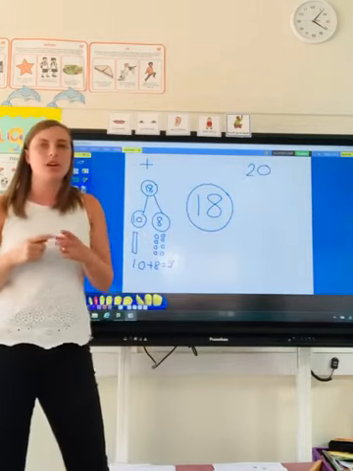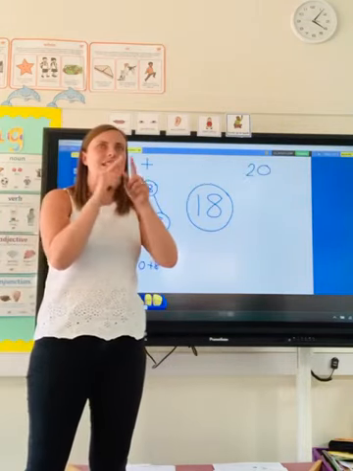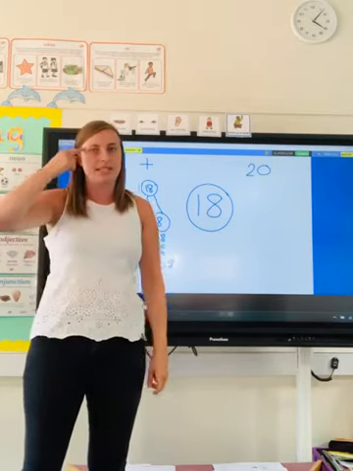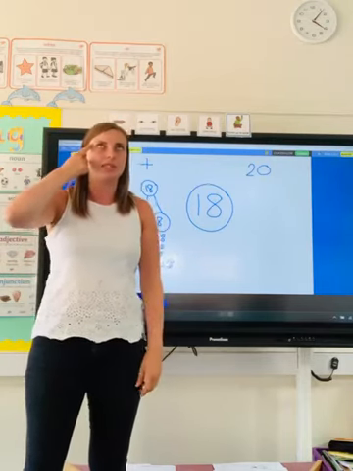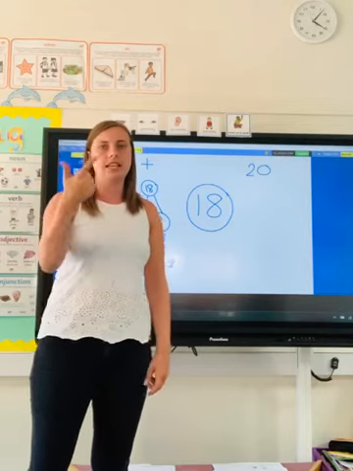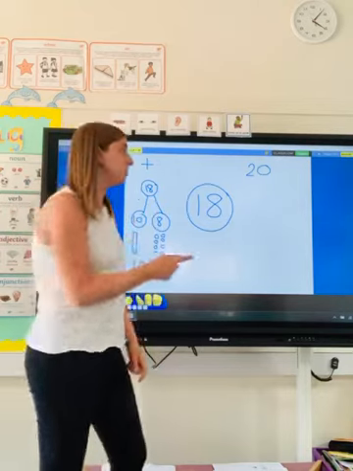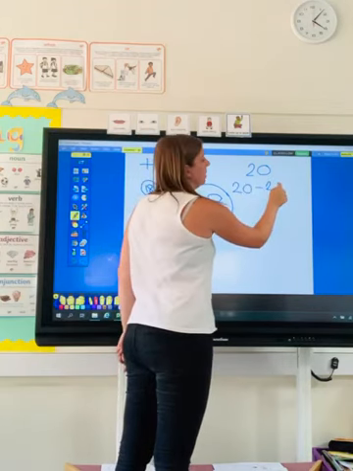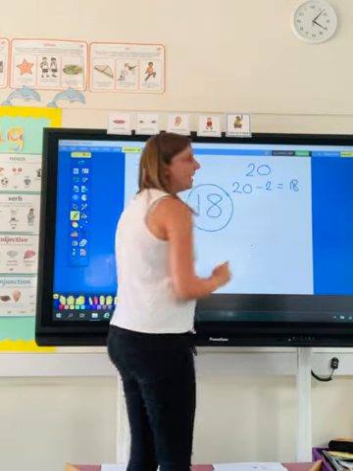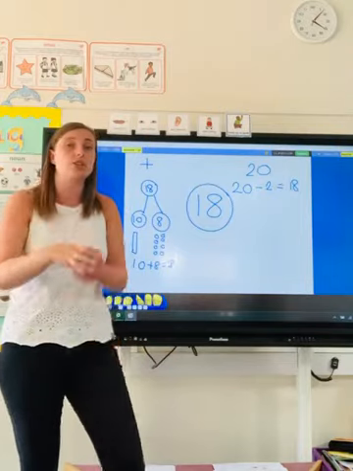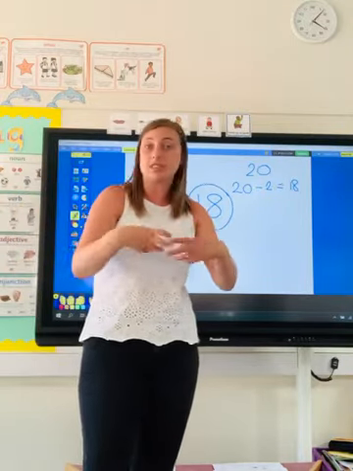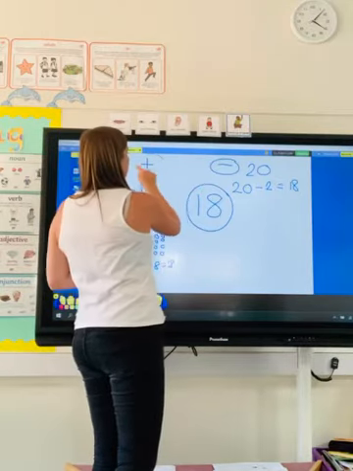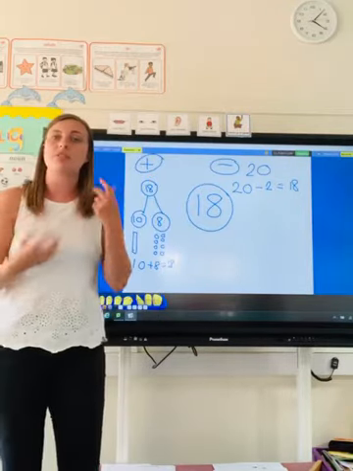And then we had to work out what we have to take away from the number 20 to make the number 18. So we had 20 in our heads and we counted back. So we said 20, 19, 18. So we took away 2. So we did 20, take away 2 equals 18. So you can count it on in your head. You could use some objects to help you and take them away. So that was our taking away number sentence that we found,